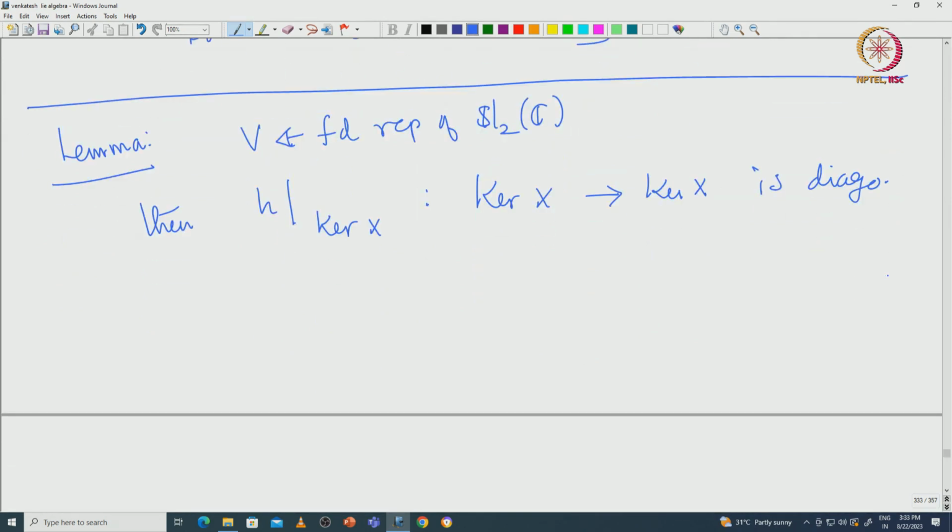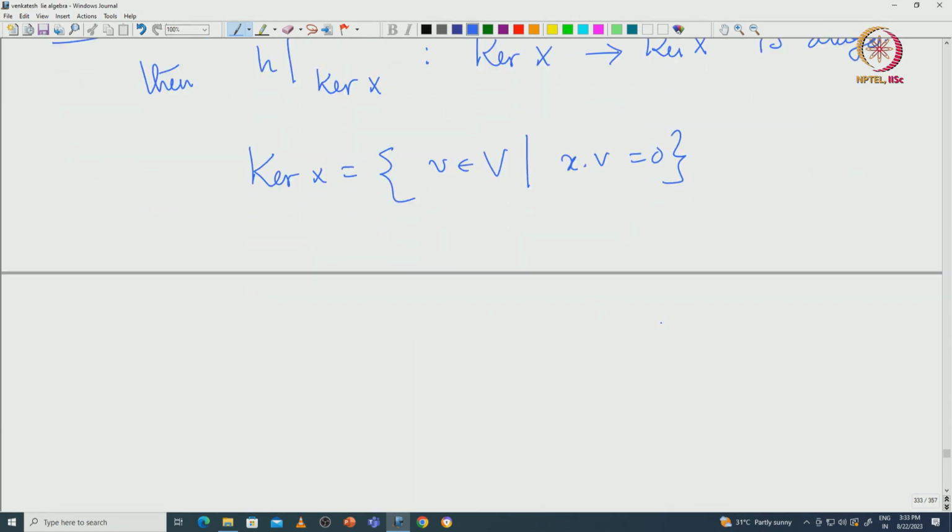First of all, why does this define a map? Okay, let us see that. What is the definition of kernel X? The kernel X is those vectors v in V such that X kills that v. Now you take some v in this and apply H, and we want to claim that Hv is also in kernel X. So, compute what is happening to XHv. XHv is nothing but HXv minus